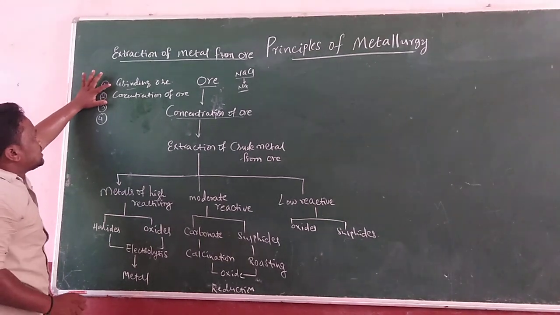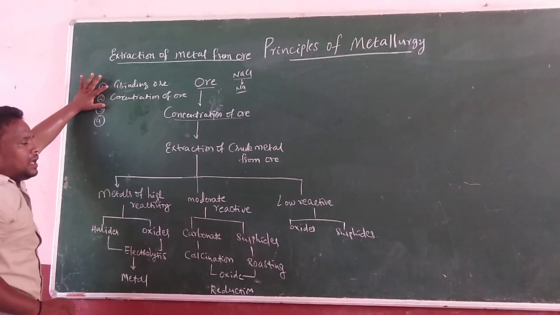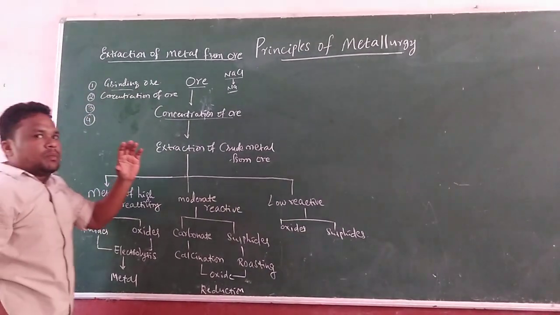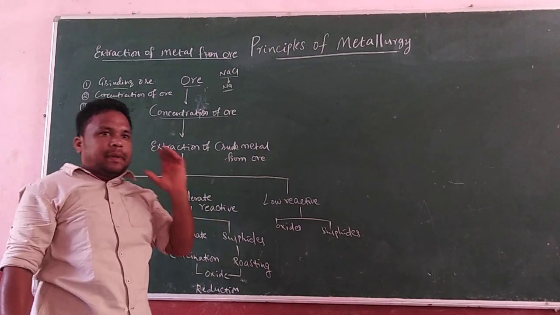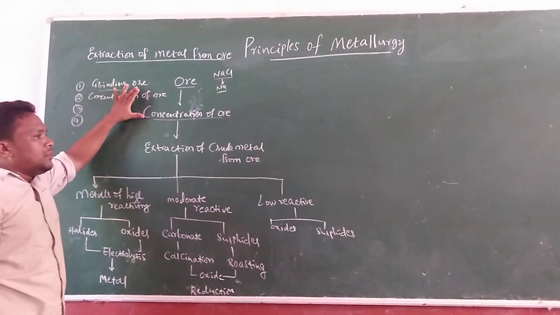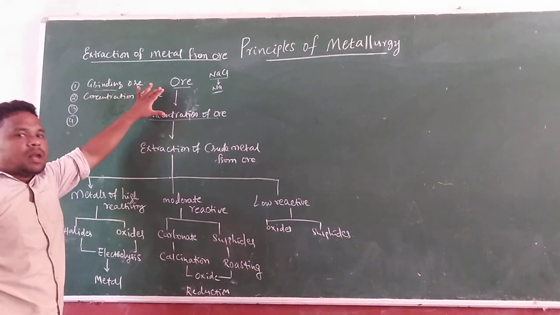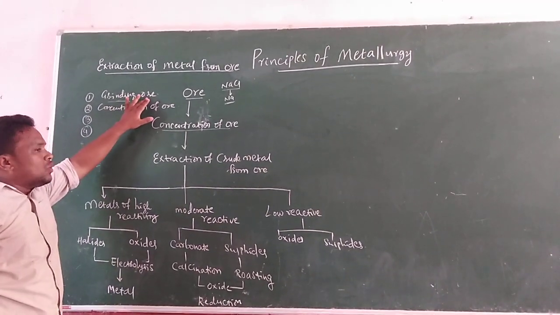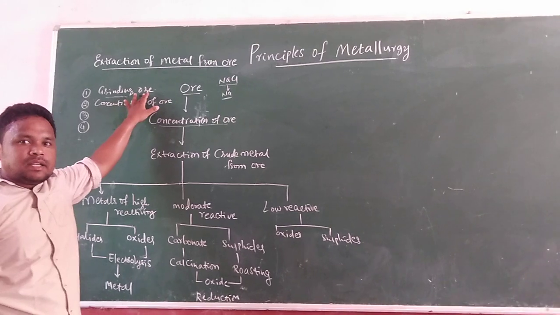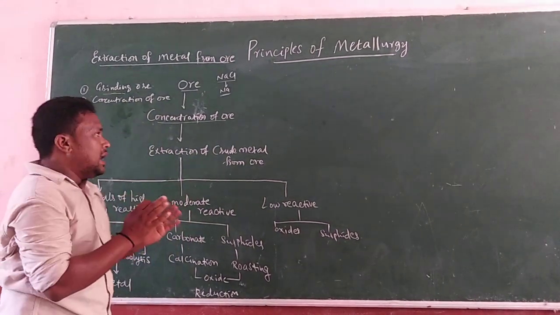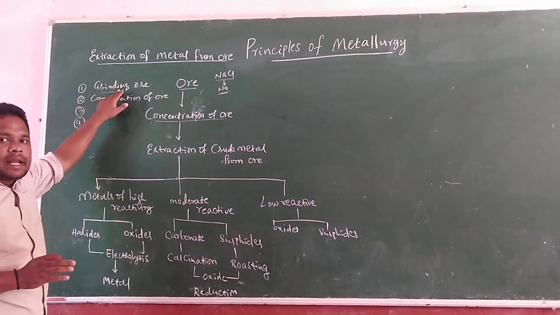What is the grinding of ore? Suppose the ore is available in the form of big particles. In grinding of ore, that ore is divided into a number of small particles. That is said to be grinding of ore. The ore consists of impurities as well as ore particles, and those can be divided into lakhs of small parts. That is said to be grinding of ore.